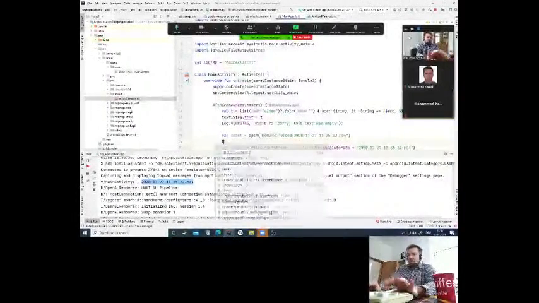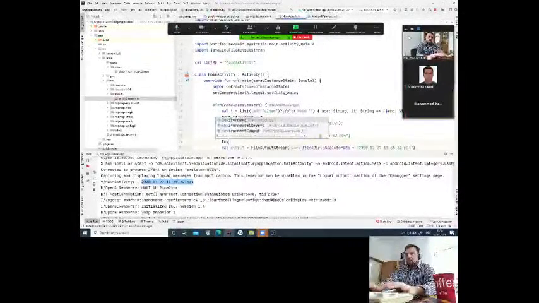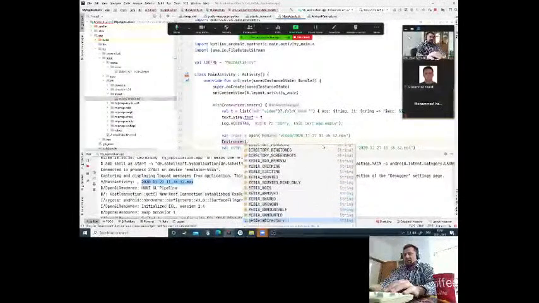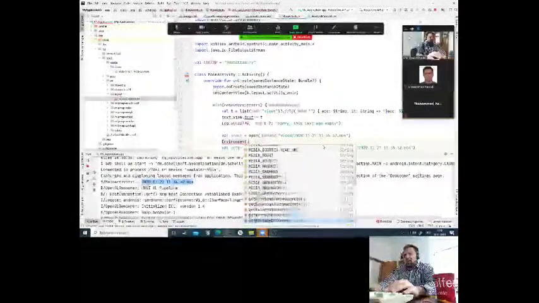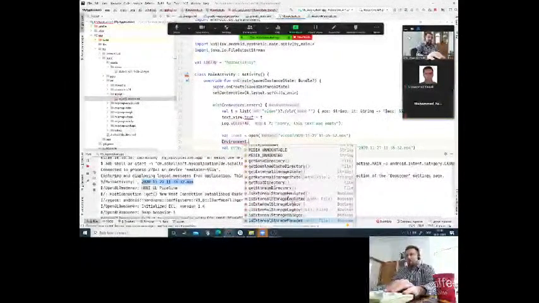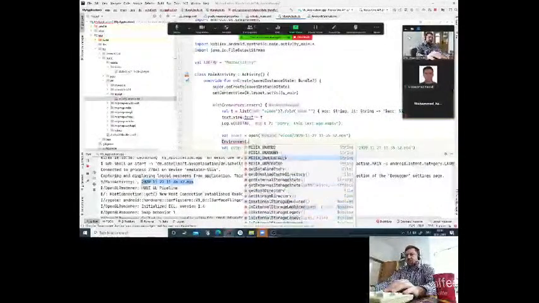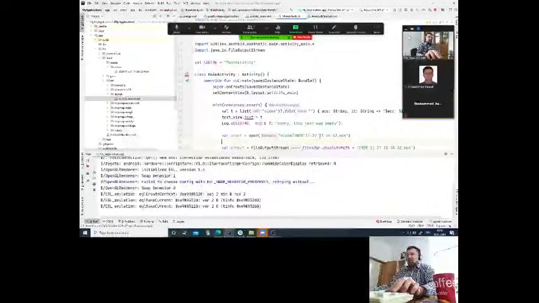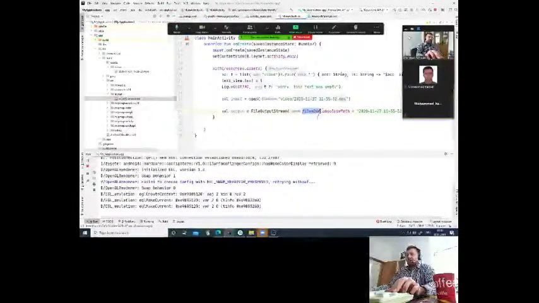We can go over the environment too. There is an object called environment, and we can access the environment with directory. These are the external ones here, and we can have methods like get data directory, and this is our private one, and we have external storage state information. We will do something if we go to the external one. We go over the environment, but if we want to use the internal ones, we don't have to go over the environment. We can go directly over this files directory object here,